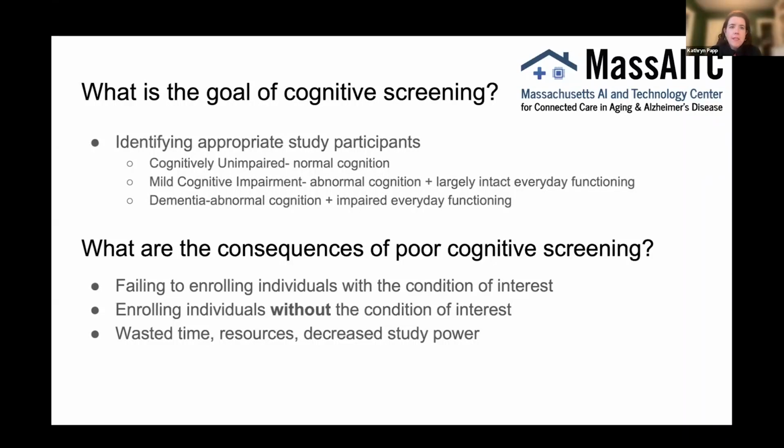And usually it means identifying people who are cognitively unimpaired, so people with normal cognitive functioning, people with mild cognitive impairment, so abnormal cognition in one or more domains with largely intact everyday functioning. And then individuals with dementia. So these individuals have a combination of abnormal cognition and impaired everyday functioning that is a decline from a previous baseline. And unfortunately,